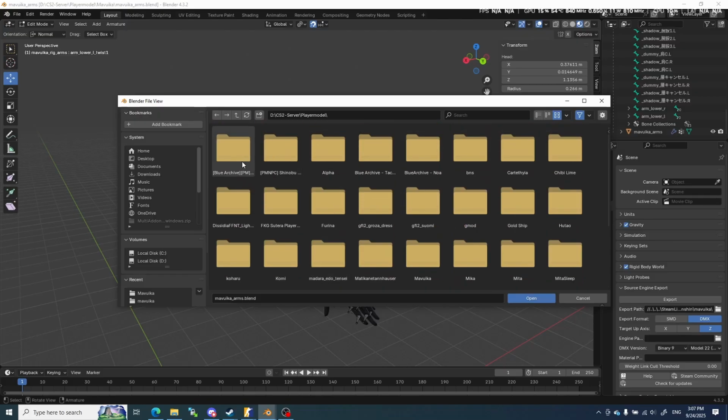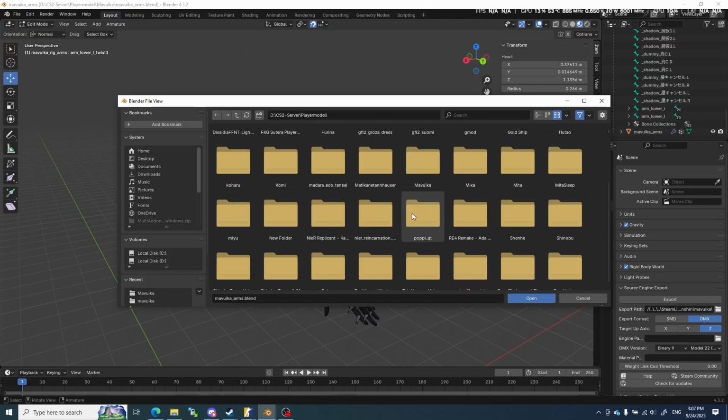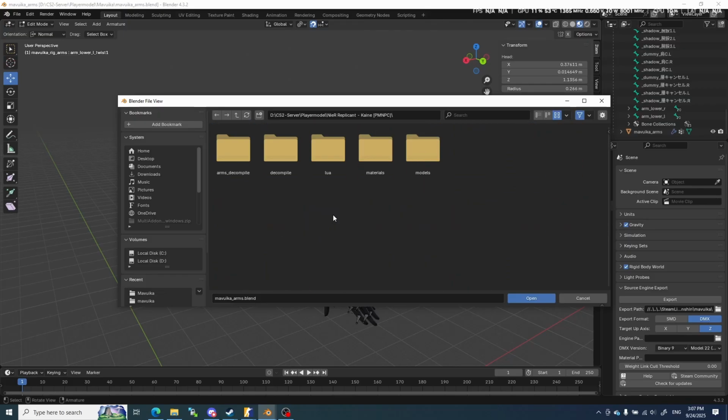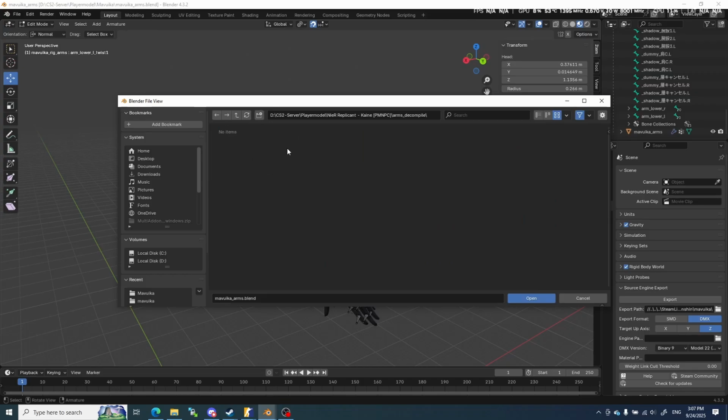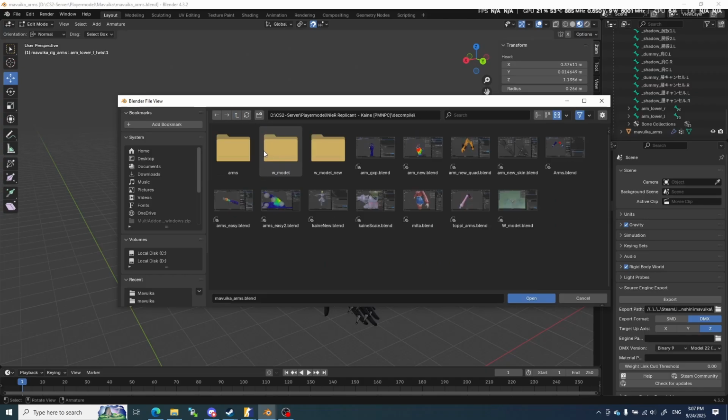And it's 2B PM Blue Archive. I think I lost it. I think I found it. Okay, so it's in the decompile? No, decompile world model. So how I know which one is my arms is this one is quad, but skin the arms model